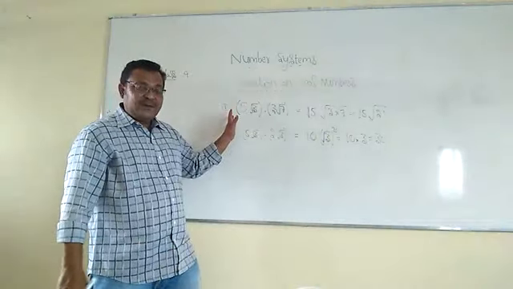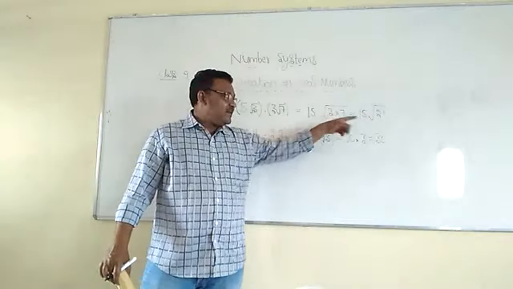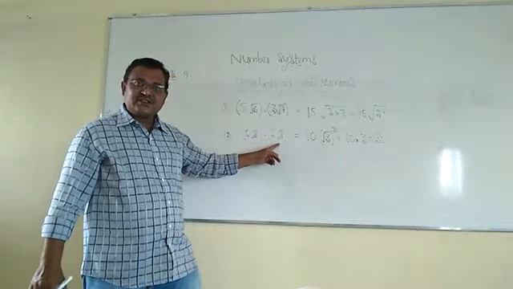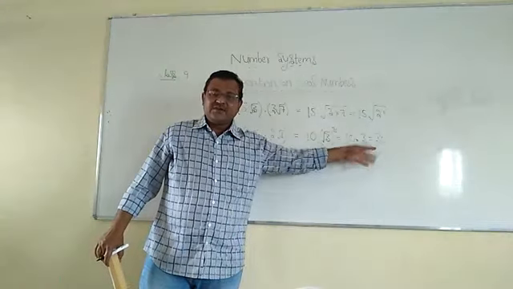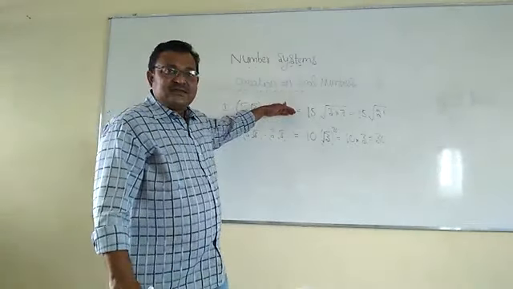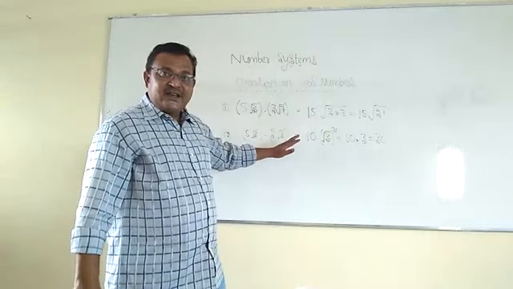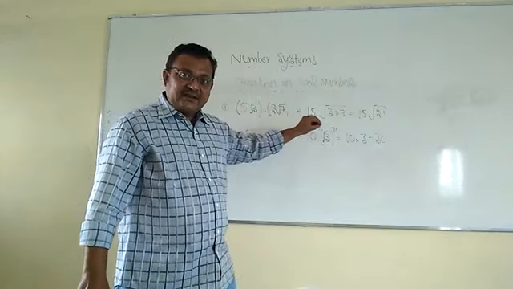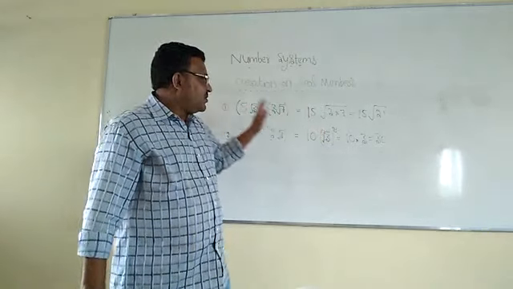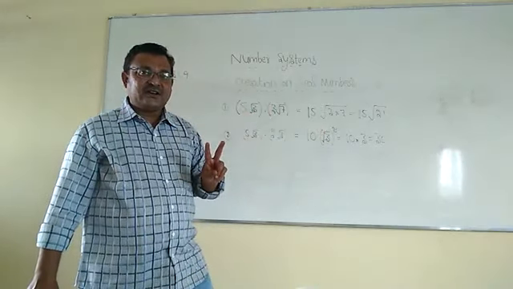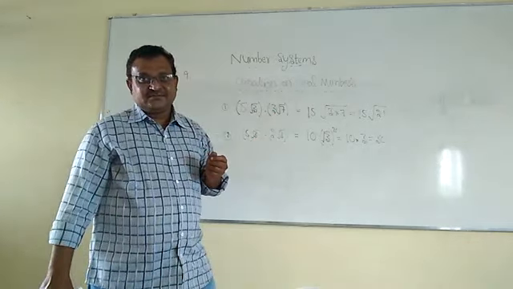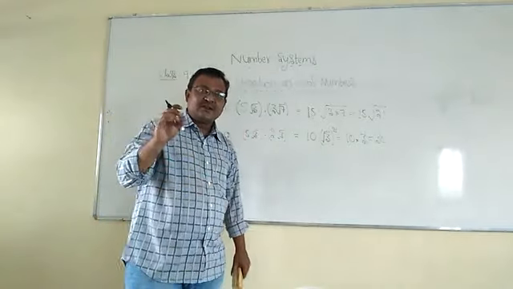In the first example, multiplication of two irrational numbers, what did I get here? An irrational number again. In the second example, multiplication of two irrational numbers, what did I get here? A rational number. So here also, same as in addition and subtraction, what we did and what we got, the same result we are getting here. So we cannot say the result will be irrational only, or the result will be rational only. So the product of two irrational numbers may be rational, may not be rational. And next we'll see for division also.